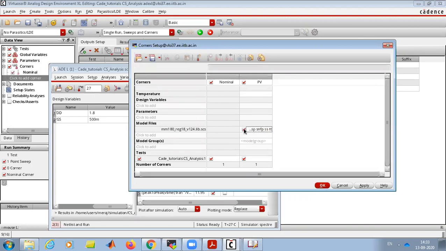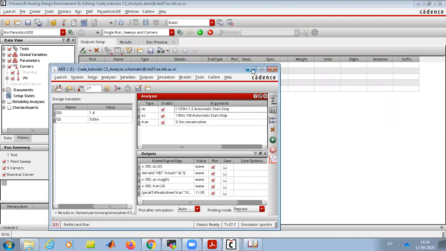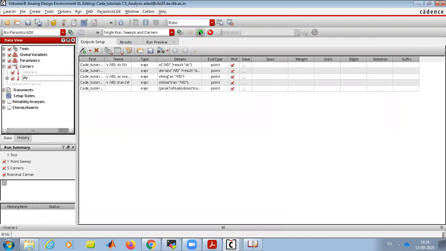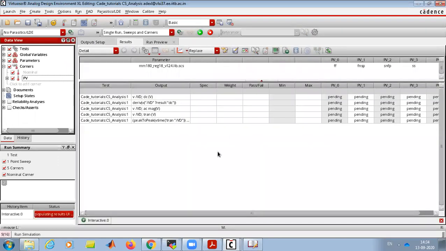Now if we check this, we have 5 corners. We'll press OK and now we need to run it. What it will do is simulate the same transistor 5 times with different process corners, FF, FNSP, and we'll see this information here.